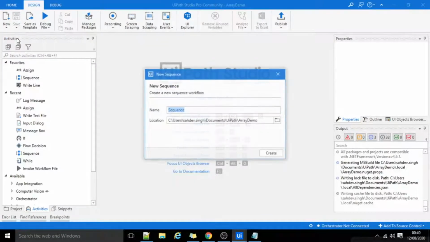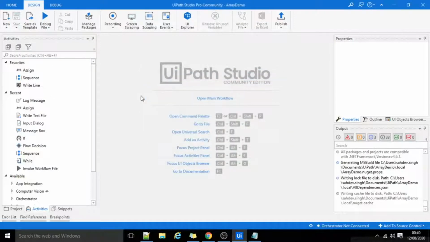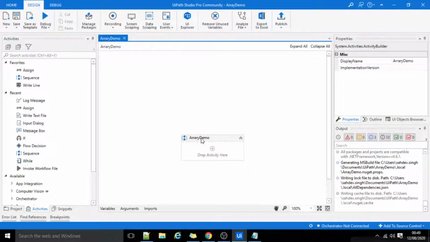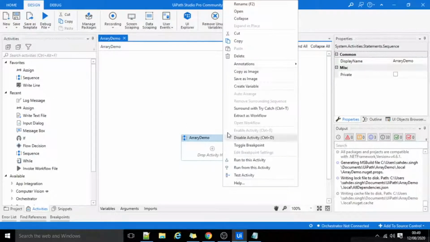I'll create a workflow using sequence. I'll name it as array demo. I will add some annotations.